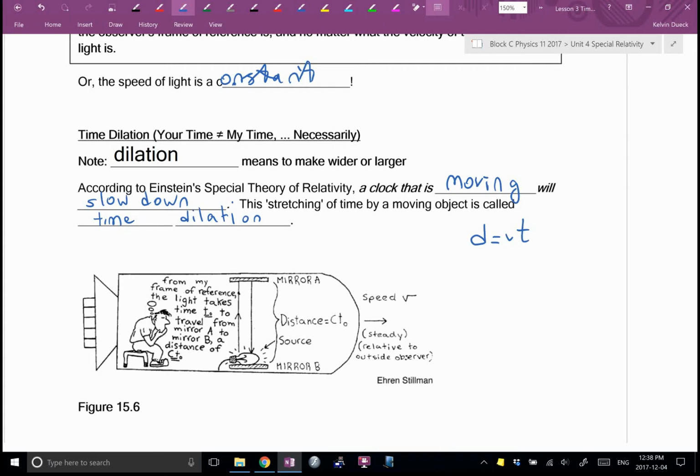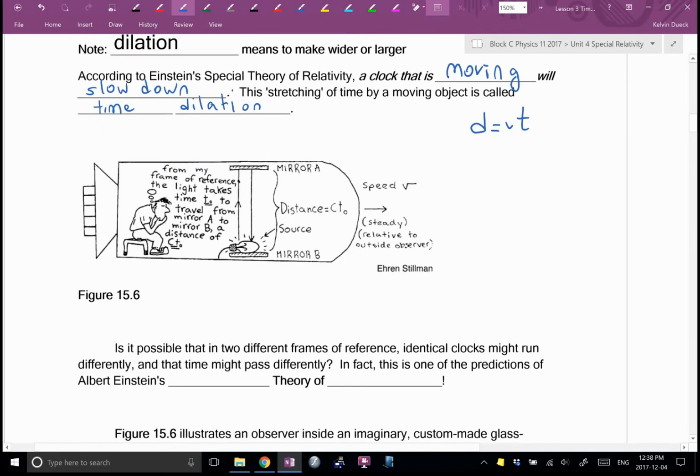Okay? Here is what Einstein imagined. I want you to imagine a spaceship made of glass. And again, one of the ways that Einstein was clever with his thought experiments is he said, I'm going to set up a timer, but the timer is going to be a beam of light. This way I can work special light into my thought process. So we're going to have a beam of light go bing, bing, bing, back and forth. Okay?